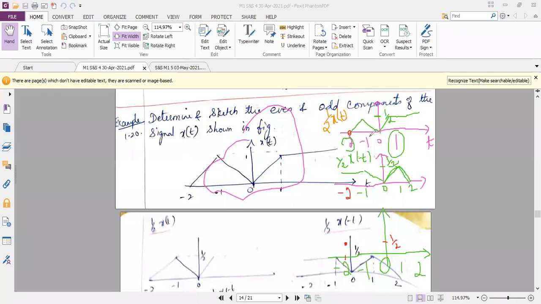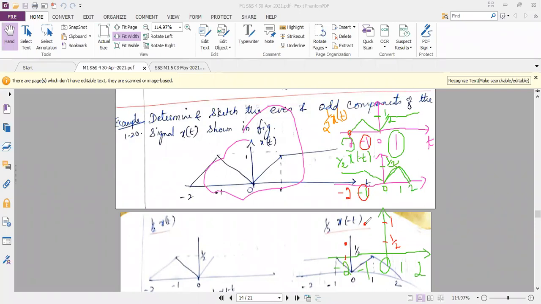Now I am coming to -1 in both the diagrams. So when I come to -1 in both the diagrams, I can see at -1 the amplitude is 1 by 2 here, and for the second diagram also the amplitude is 1 by 2. So when I add 1 by 2 and 1 by 2, what will be your amplitude at -1? 1. 1. So I'm just putting the dot here at 1. You can see in the screen. I'm putting the dot. Later I will just complete the diagram.